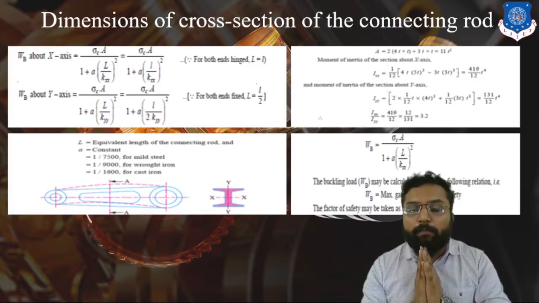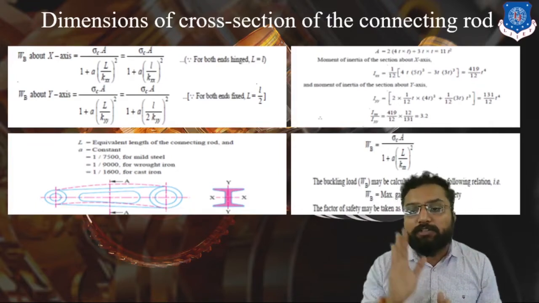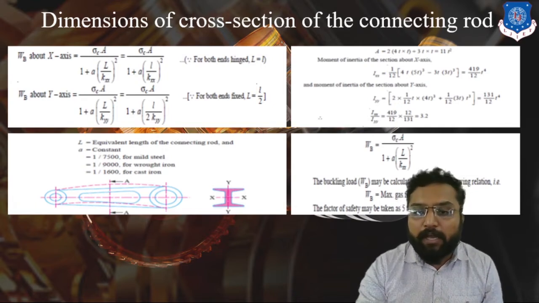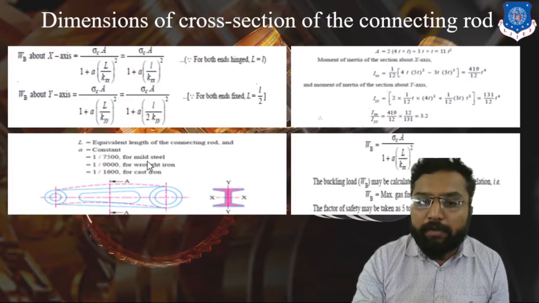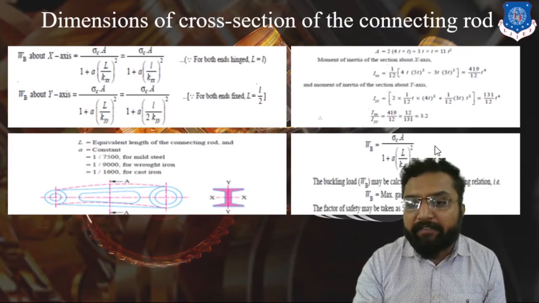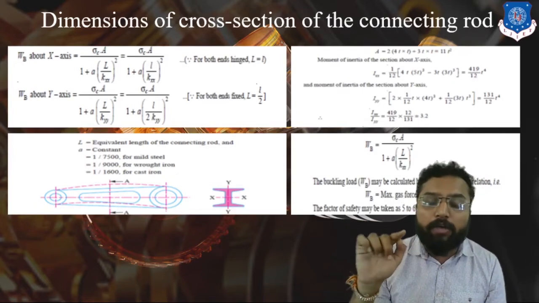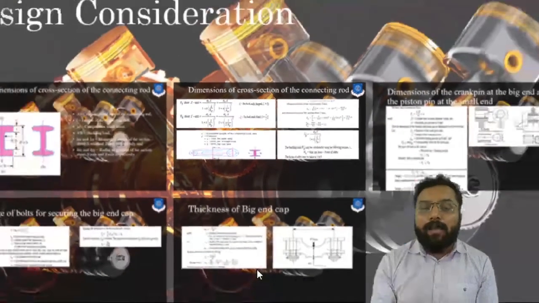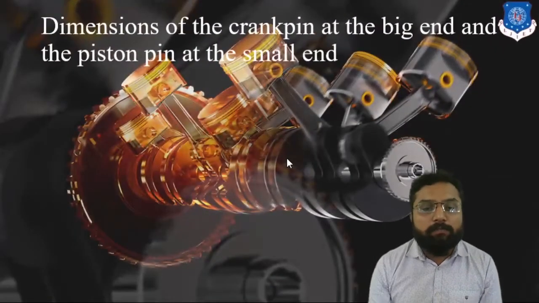In this case, WB is going to be our load, which is called the buckling load. Sigma C is compressive stress. A is the cross section area. Here we have found that it is 11 t square. Clear? 11 t square. K is going to depend on the material. So K is nothing but I equals under root K A square. So ultimately K is going to depend on our I. Clear? After that, we are going to design the small end and big end.